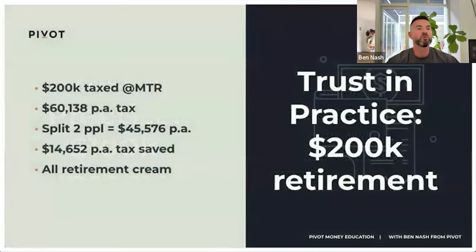Another one is if you've got 200 grand. You build up your assets so that you want 200 grand in retirement income. And funnily enough, that was sort of the average number that we spoke about for an ideal lifestyle level of income. If that's taxed at one person's marginal tax rate, then you're going to pay $60,000 a year in tax. If you split that across two people, it's immediately lower because you're using two sets of marginal tax rates, meaning that you'd only pay $45,000 a year in tax. That's a $15,000 annual tax saving in the future, meaning $15,000 more that you can spend on your retirement.